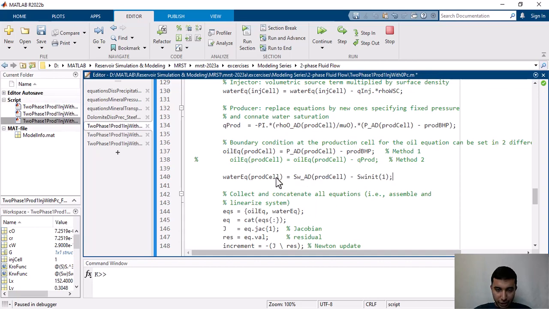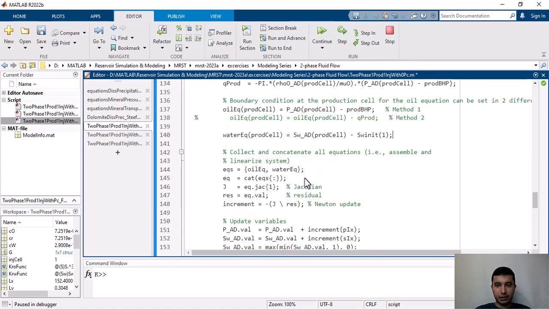But for the production cell, I've used the water saturation to do that. I have subtracted the initial water saturation of the model from the water saturation of the cell in which the production cell is located. All right? Great. So in this way, I